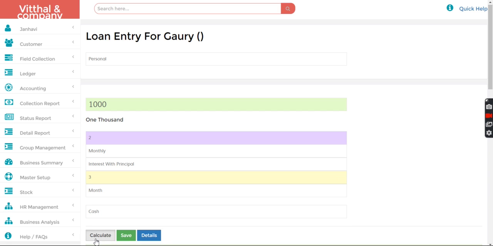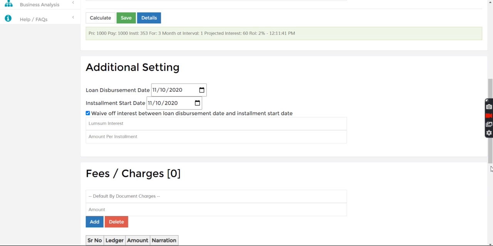I will calculate from here, and save this loan. So loan number 1 is saved.